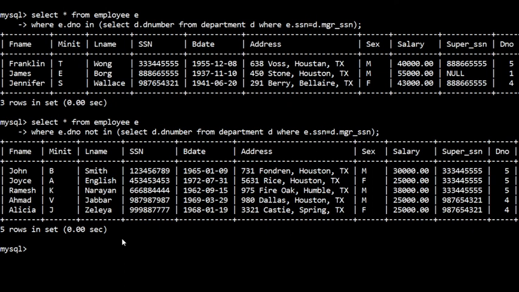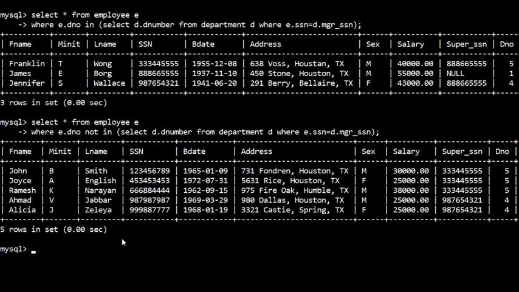So like this you can use exist and not exist function, and in and not in operator along with the nested queries or correlated queries.